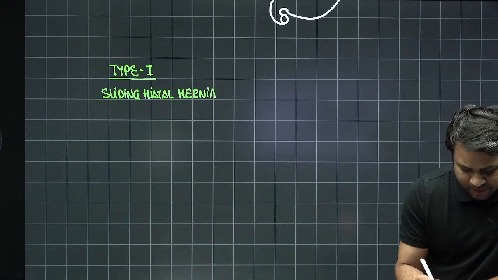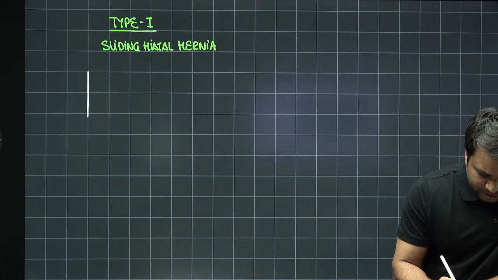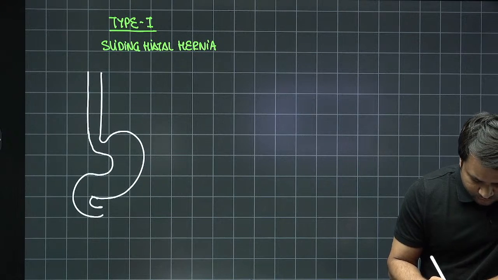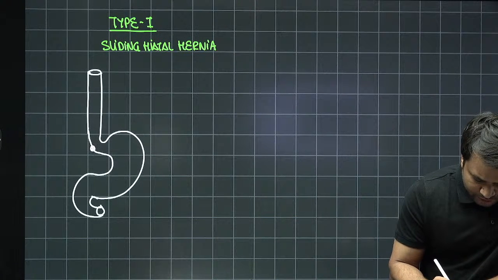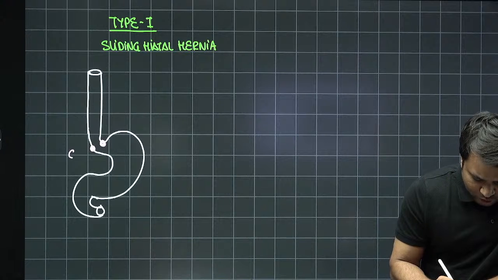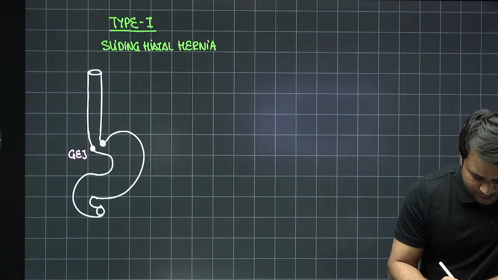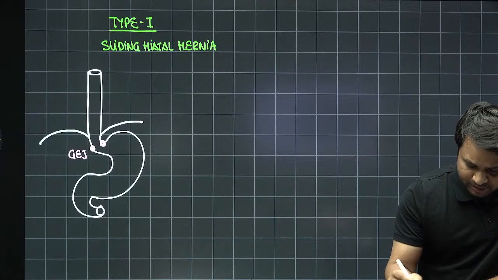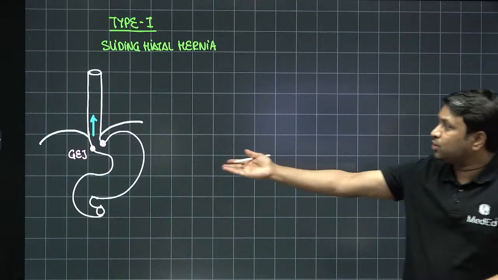So, the concept in the sliding hiatal hernia is, you will notice that if this is the representation of the esophagus and this is the stomach, you will see that this is the site of the gastroesophageal junction. I'm just going to mark it down. This is the normal site of the gastroesophageal junction, and let's say this happens to be the diaphragm that is present. Due to any reason that we'll be discussing in a bit, if this migrates upwards, if the gastroesophageal junction